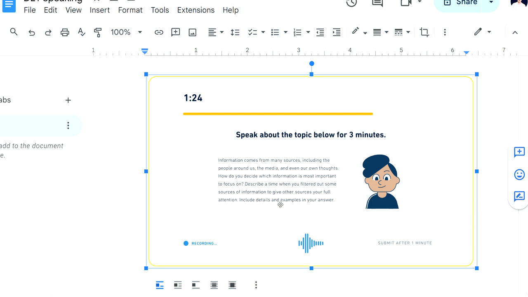Alright, and then sometimes you can also add some details and examples in your answer. Okay, so there are three tips. Let me recap. Number one, read the question very carefully. Number two, try to brainstorm your ideas, otherwise you will not be very good at your speaking. Your ideas will not be smooth and coherent, so you will not get a good score, obviously. Number three, the last part, address every part of the question.